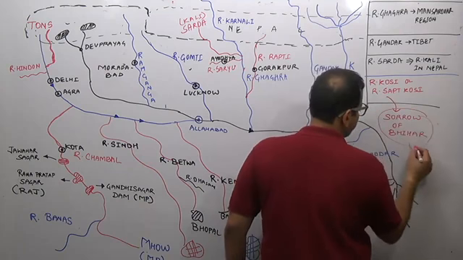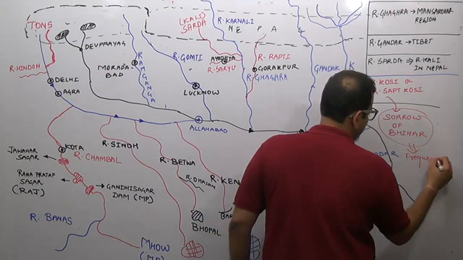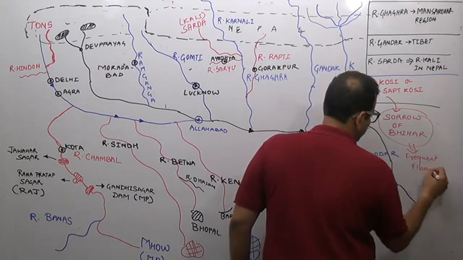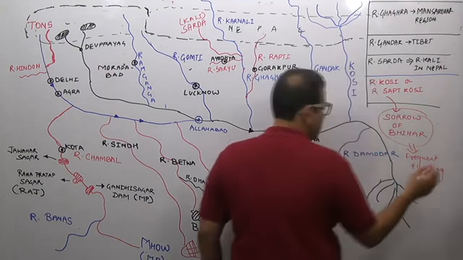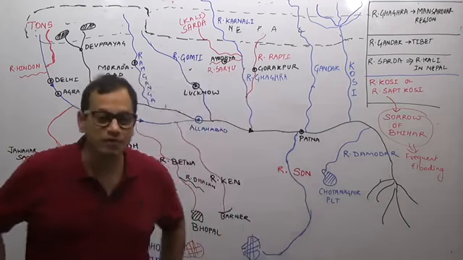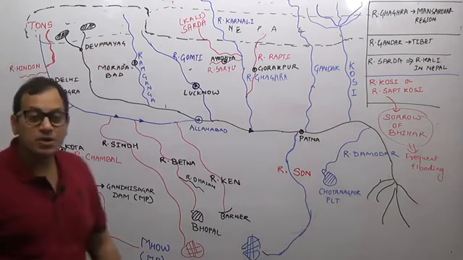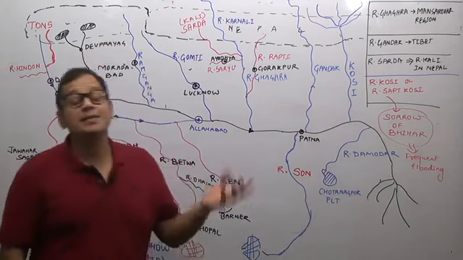This is because it causes frequent floods in the Bihar region. It causes frequent flooding in this region. It is known as the sorrow of Bihar. Now, why I have shown you this Nepal is that you can see the entire Himalayan tributaries